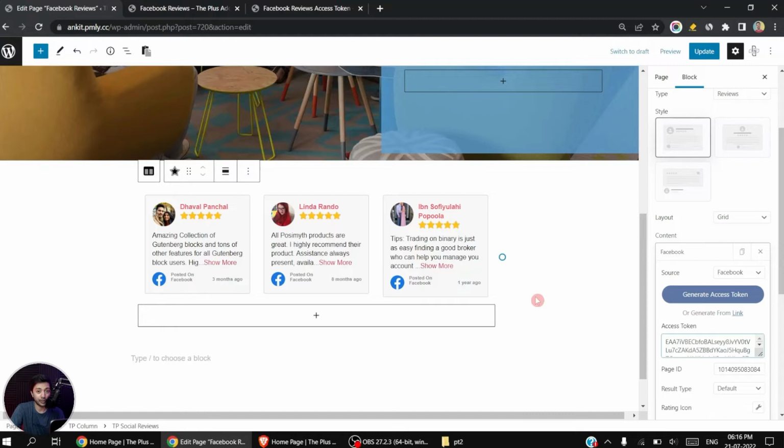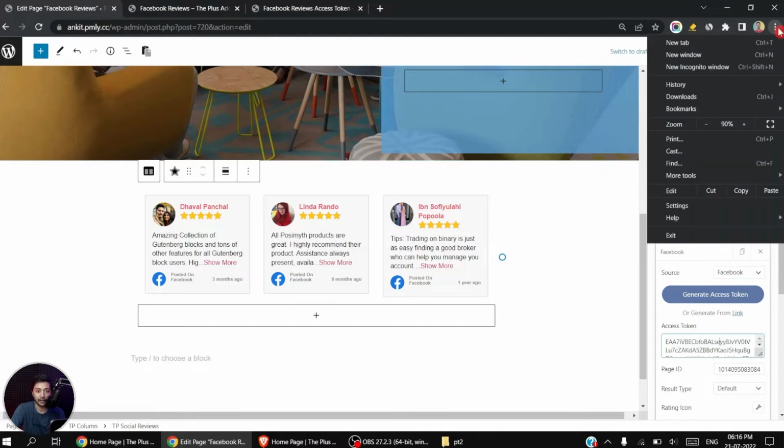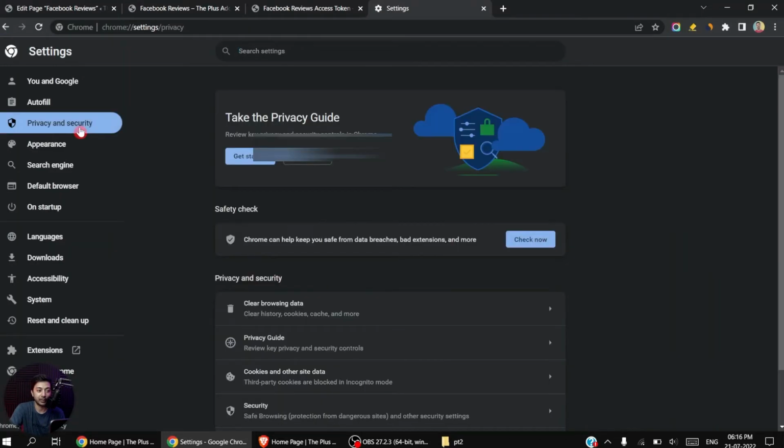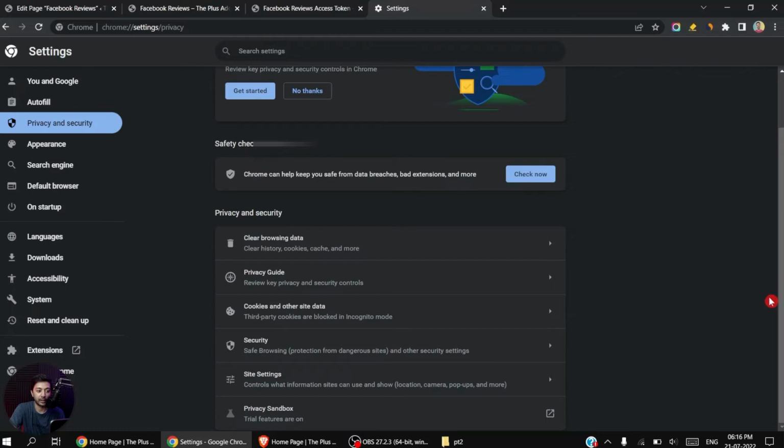Now there could be a situation where this generate access token will open up the pop-up, but somehow it will block that pop-up. Now in that case, you need to edit some settings in your Chrome browser. So for that, you need to click on these 3 dots on the very top right corner. And then go to Settings, and here click on Privacy and Security and scroll down at the very bottom. Here we need to go to Site Settings,